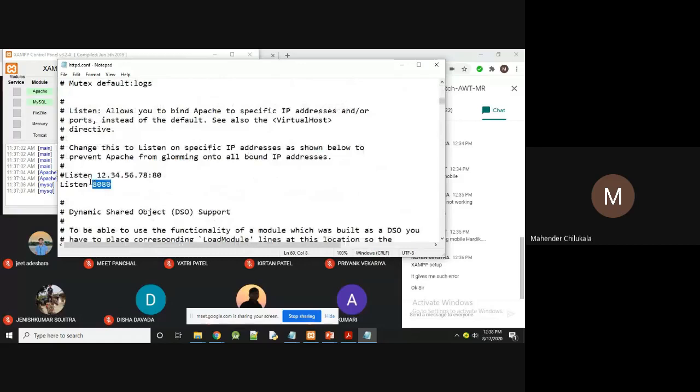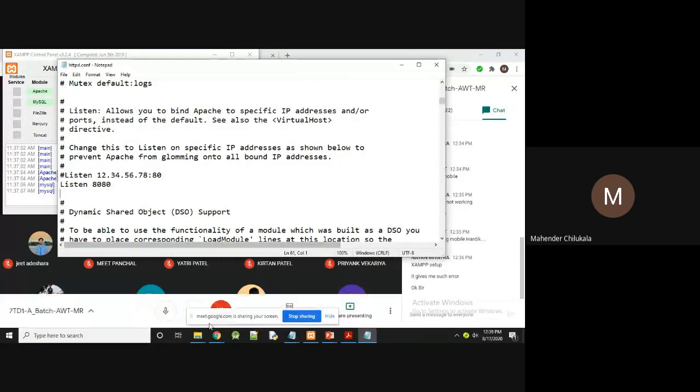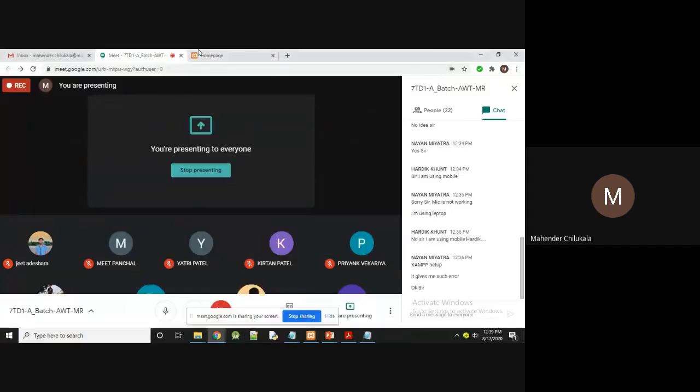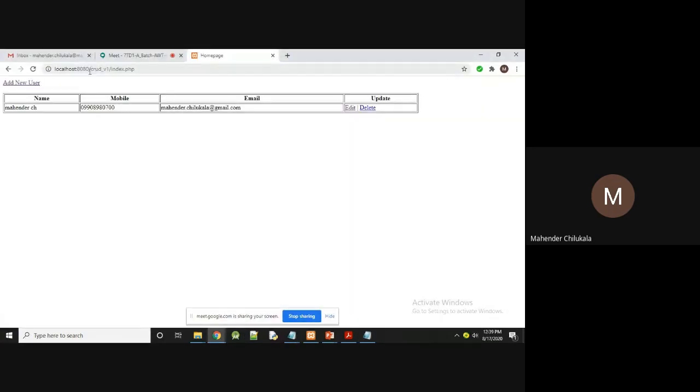And you can write here listen 8080, then you will get port number 8080. You use localhost 8080 here. Either you can use 2020 or 2019, you can use anything like that. You have to set up your XAMPP.